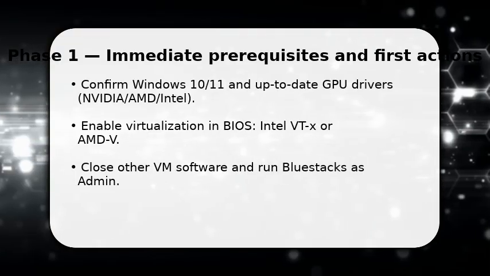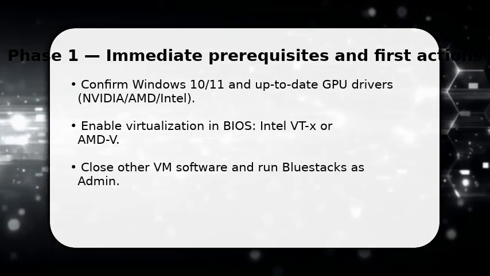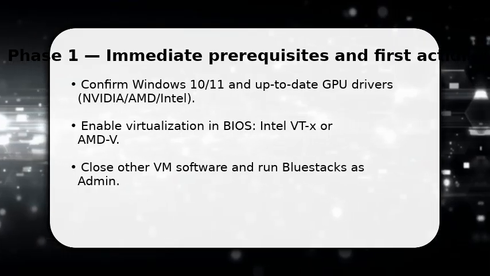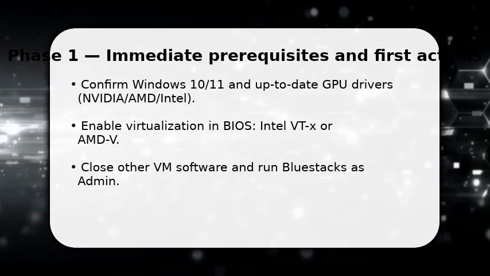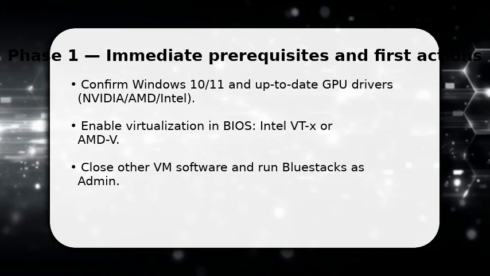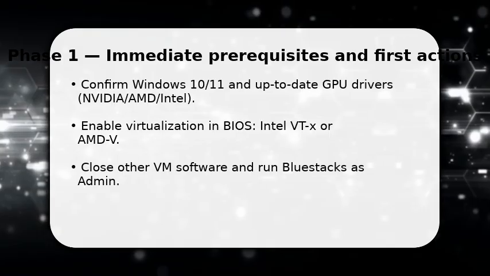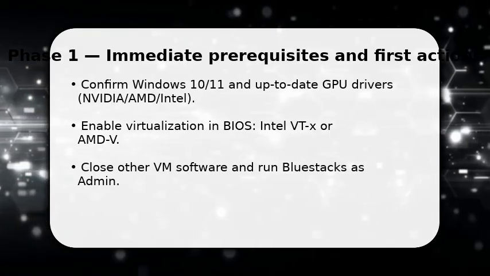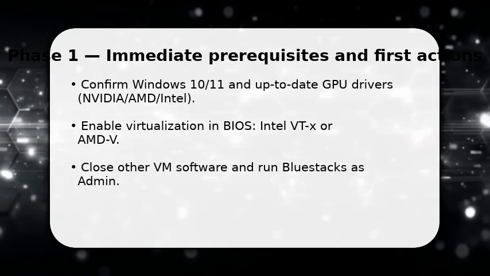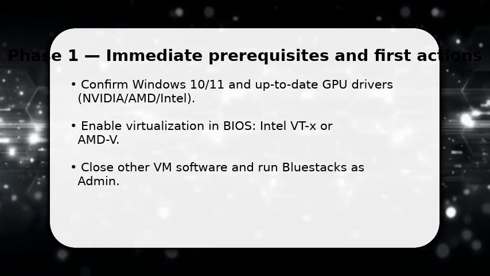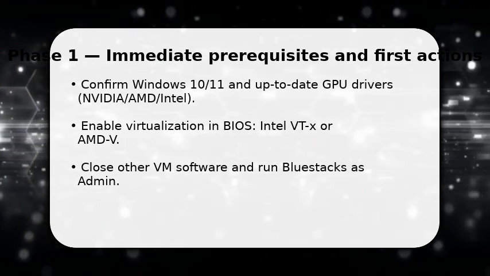You begin by verifying requirements. Make sure your GPU drivers are current because BlueStacks uses hardware acceleration for performance. Once done, reboot and enable virtualization in BIOS, Intel VT-x or AMD-V, so the emulator can access CPU-level features. Next, close Hyper-V or other VM apps and run BlueStacks as administrator to avoid permission blocks. These steps prepare the system. They reduce crashes and ensure GPU allocation when you toggle graphics settings inside BlueStacks, giving you the best baseline before